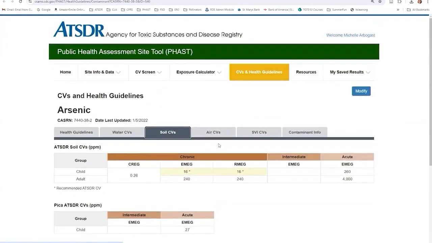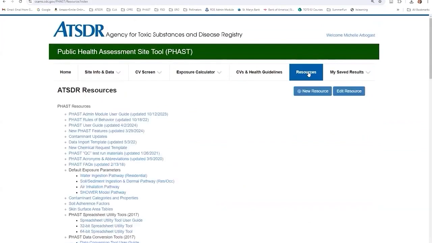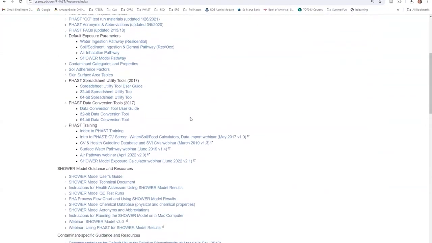Okay, let's scroll back up and click on the Resources tab so we can navigate to that module. This has everything you may want to know about FAST. There are various FAST resources, such as the user's guide, default parameters, vapor intrusion, and training videos. It also provides information on the shower model, such as a user's guide and a technical document, as well as contaminant-specific